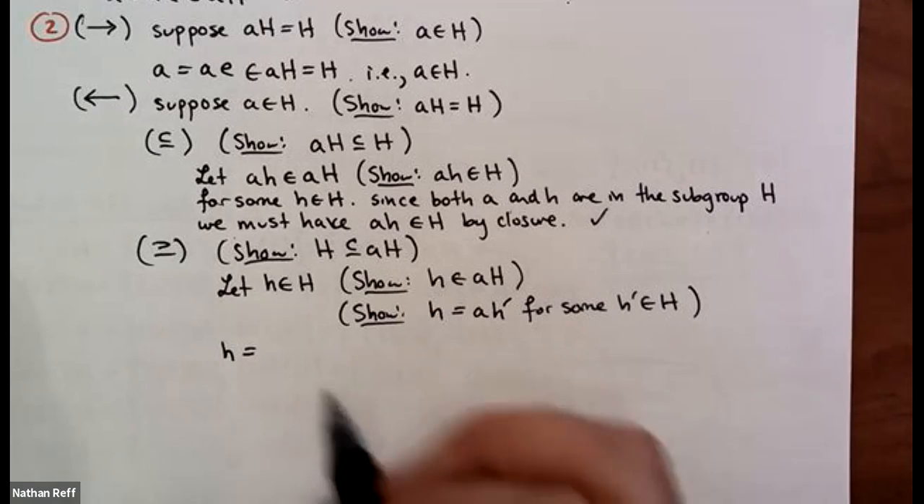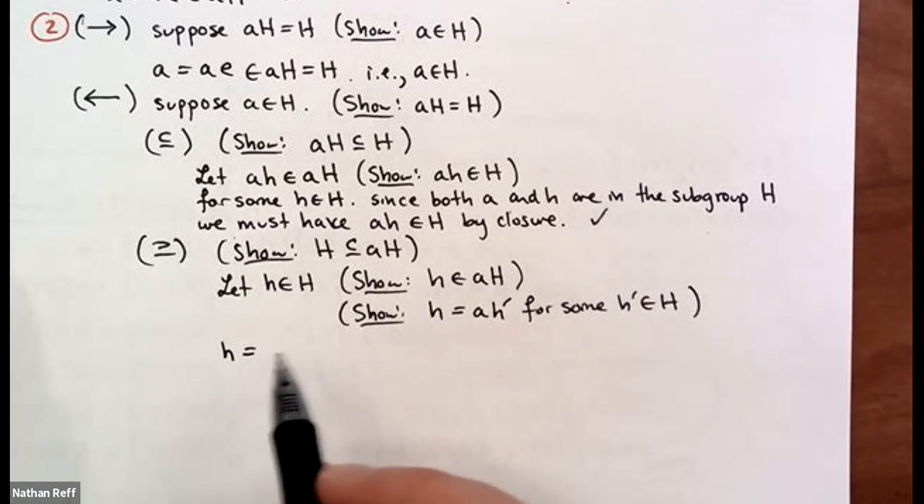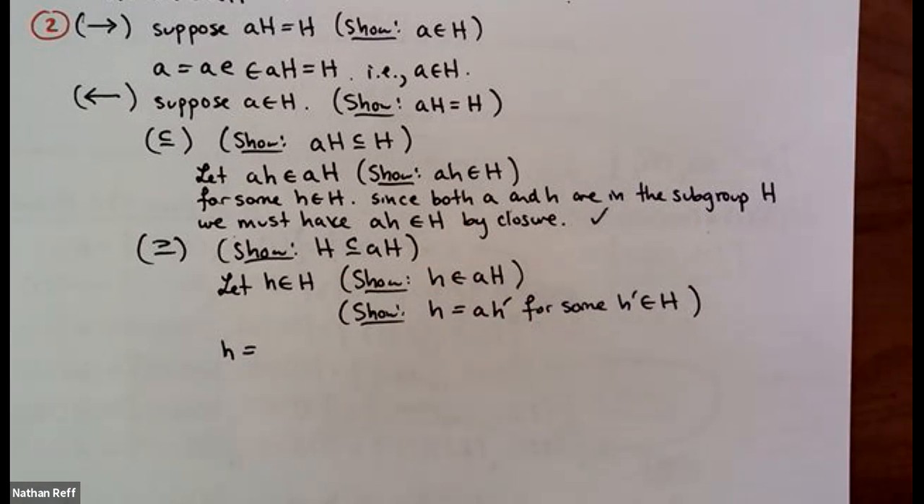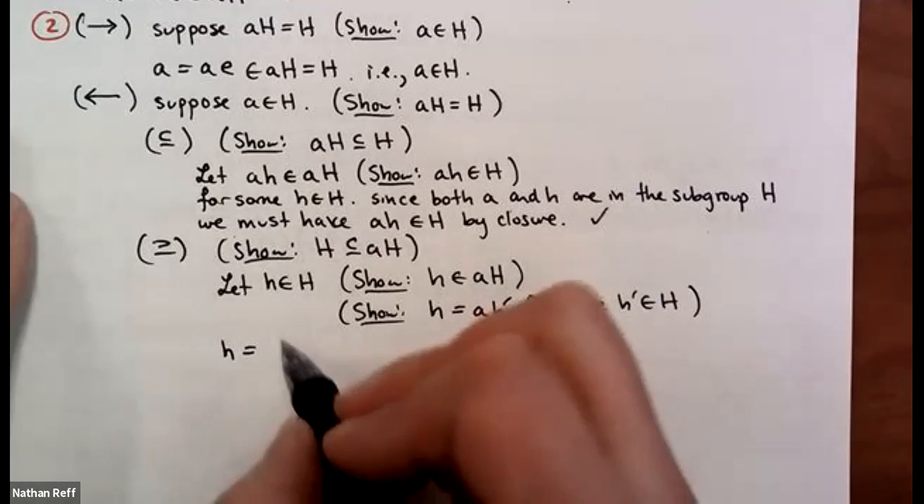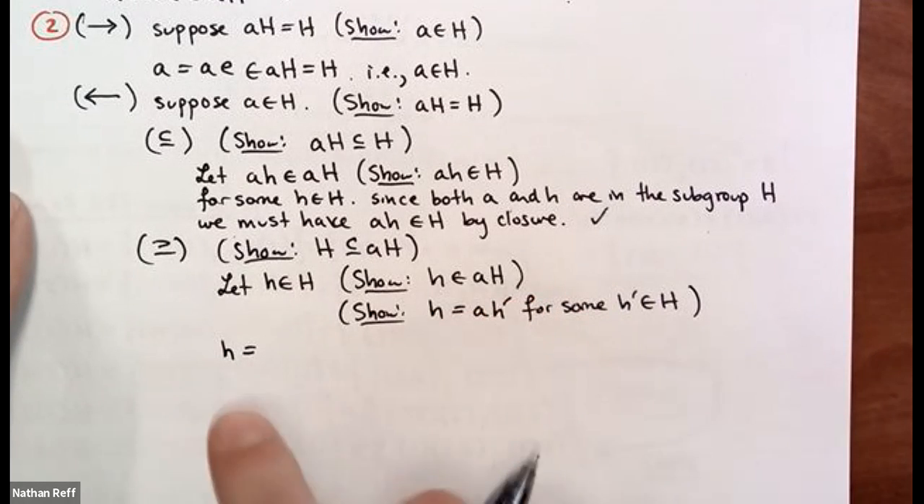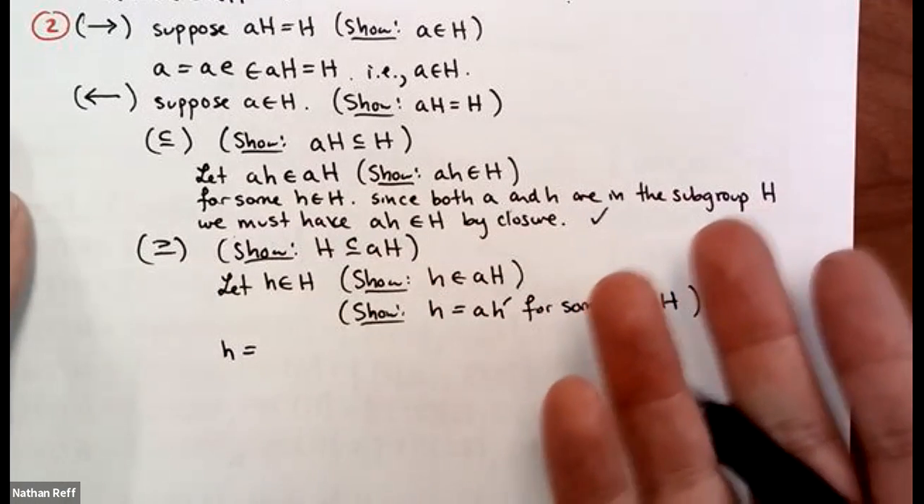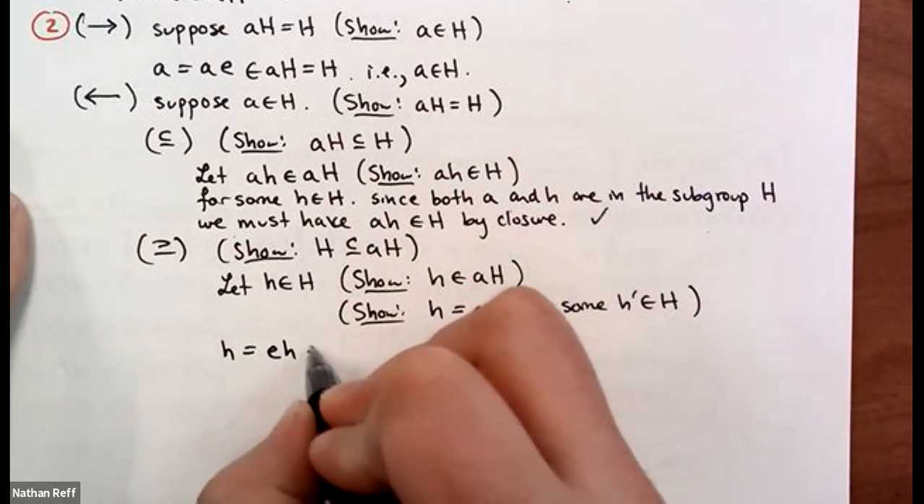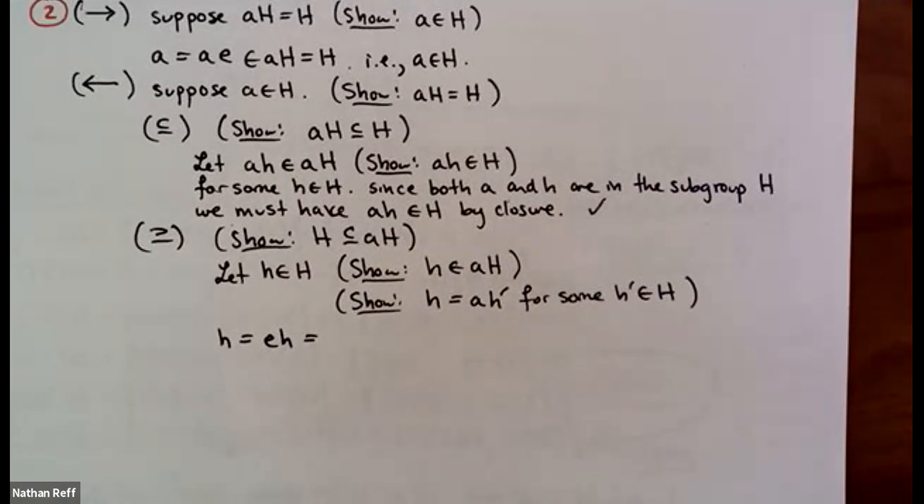Any ideas? This is where you might do some scrap work and you just try things. Okay, so one thing you could do is, well, I can say H is equal to the identity times H on the right or the left. Maybe that's useful. If I say that it's the identity times H here, one reason I might want to do that is